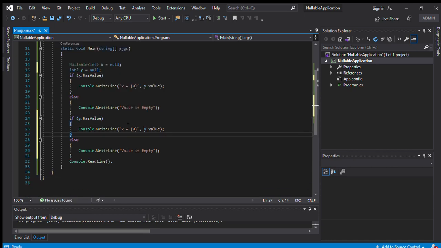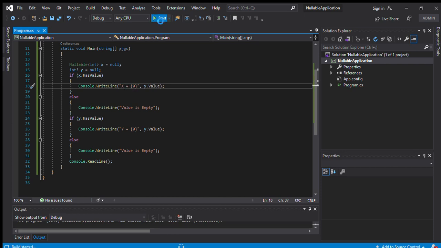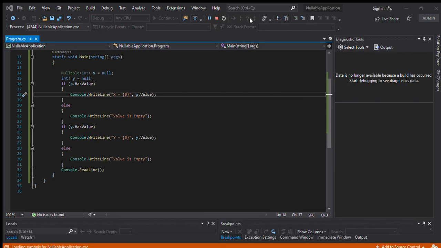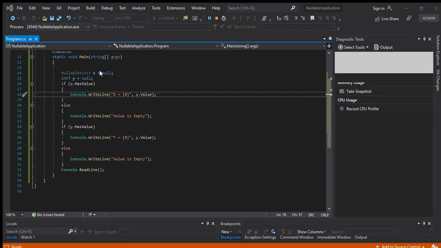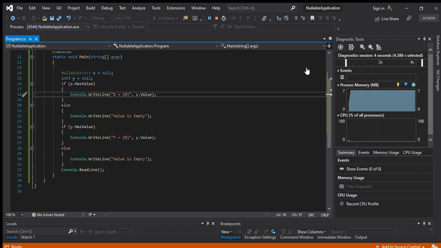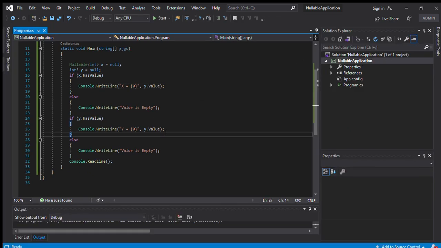See, y. Okay, and these are also. Okay, now I save this code and run. Yeah, these two values are returned. Okay, if the field is empty, then it shows me the field is empty. If there is any value, it shows me the value of that variable.